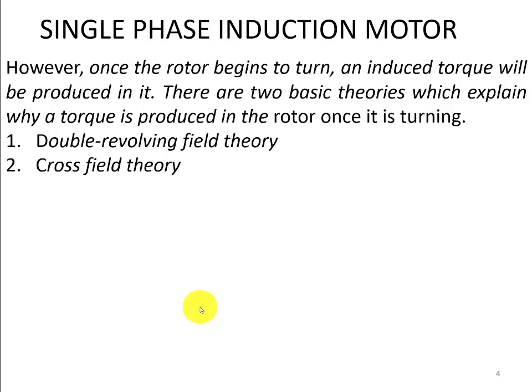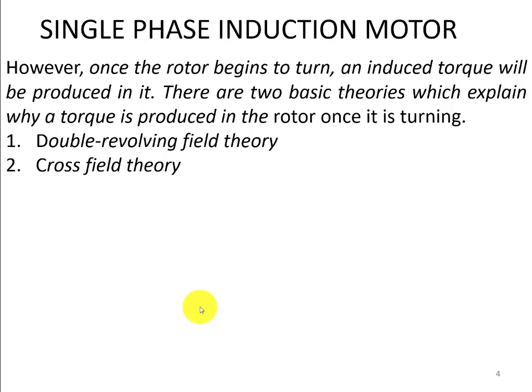The double revolving field theory explains what happens to the fields if we apply a single phase supply to this single phase induction motor, and why we will not have any torque produced in the motor that can rotate it. While the cross field theory will tell us what will happen to the voltages and currents once it is rotated by any means,